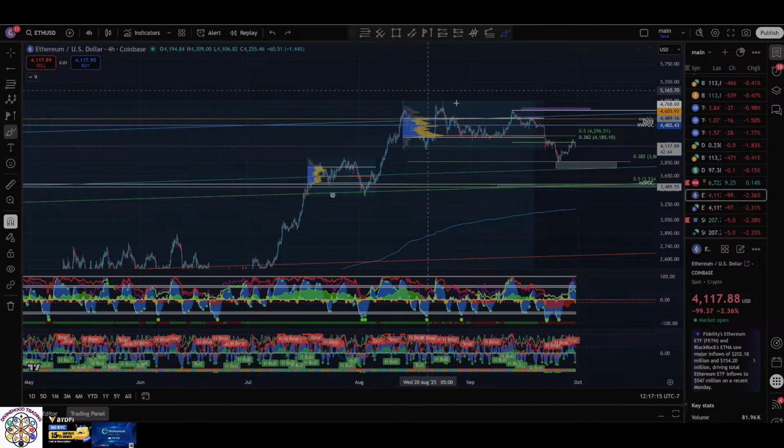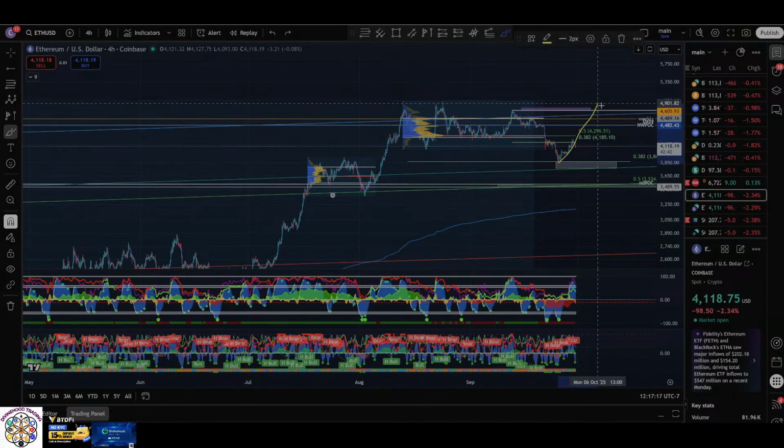So the low could be in on ETH, and we could be about to really rally in our final weekly fifth wave to push up to like 5,200 or higher. But I would really like to see now, in this, we have a 1, 2, 3, 4, 5. We have our 5-wave. I want to see some sort of 3-wave corrective move, potentially coming up to that 4296